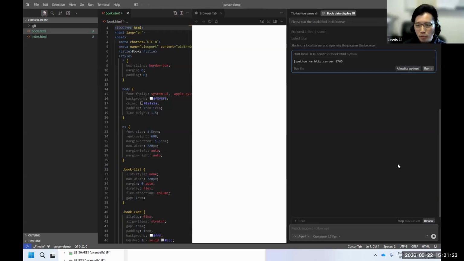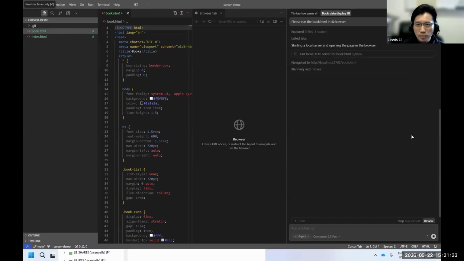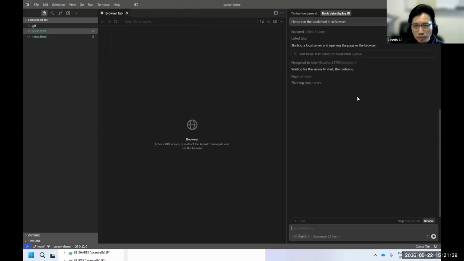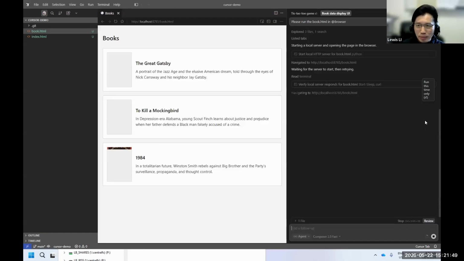Okay, so let's wait. Okay, I will run it. So let me close first, and run it. Actually, you don't need to click run many times like me. The next time you see that, there's an allow icon. You can click allow, then you don't need to click run many times. So you can set it by default to accept it. So now you can see the output here, right?